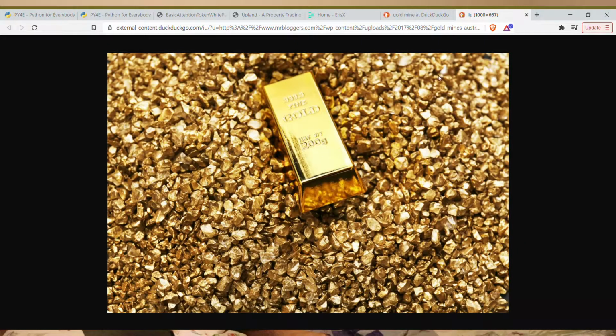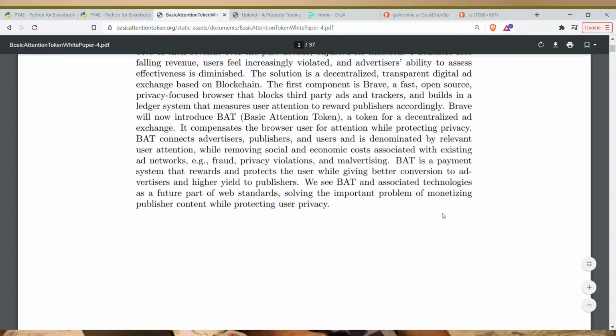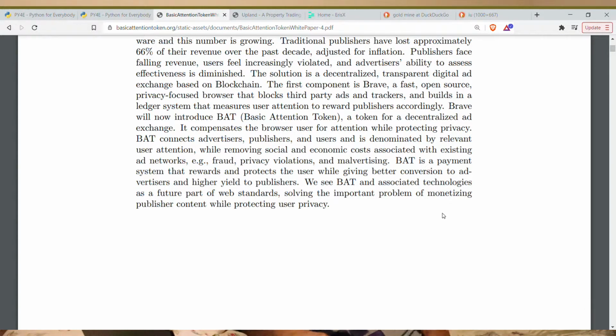that makes a difference here, because now the user and publisher can get paid directly from advertising, which is pretty cool, as opposed to the previous model where you'd have the platform, like YouTube, for example, have more say over the advertising and where the revenue goes.